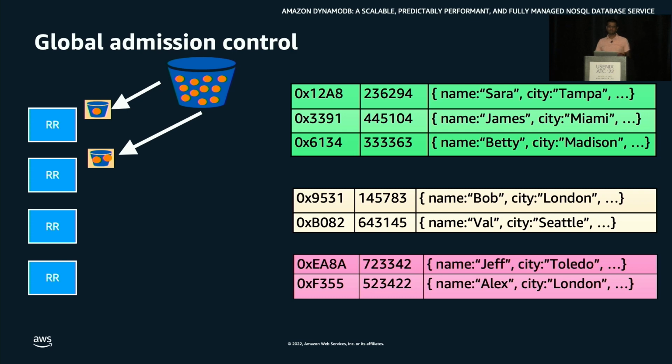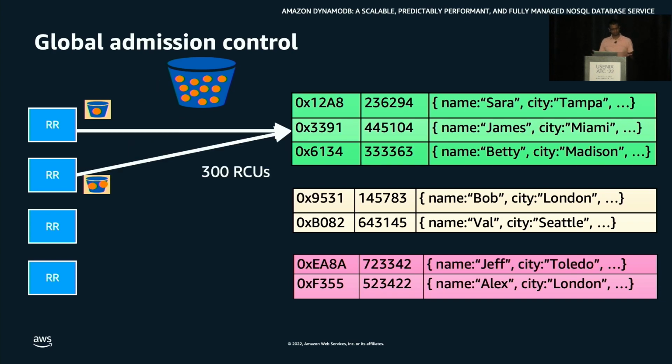Now, GAC is a service that builds on the same token bucket mechanism. When a request router receives a request, it requests GAC to get some tokens. The request router then uses the local tokens to make admission control decisions. If it runs out of tokens, it can request more tokens. If there's no capacity, GAC is not going to give the request router tokens, and the request will be rejected. This helped a lot of customers because now they are able to burst across their partitions constantly and